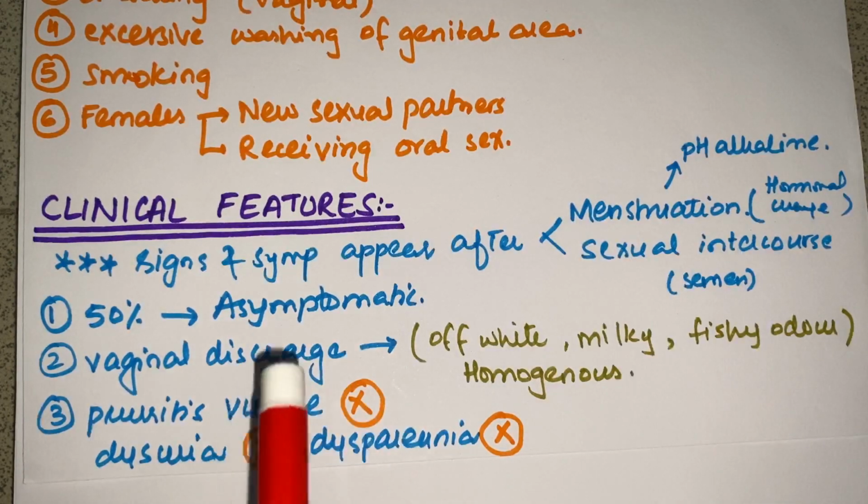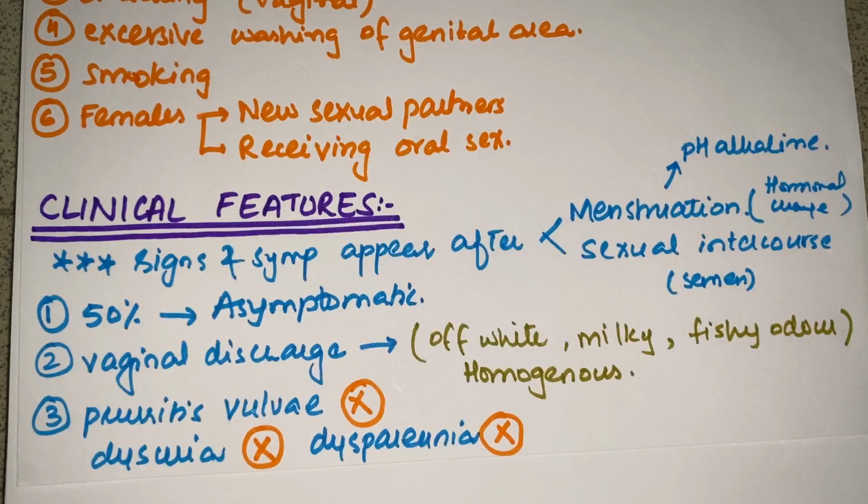And very important, how will we differentiate this disease from trichomoniasis? If you remember, in trichomoniasis there was also discharge present, but what was that discharge? You should remember, I have repeated it in the previous video. It is yellowish green or brown in color, frothy, mucopurulent discharge. But here it is different. In that there was pruritus of the vulva and vagina, no pruritus here. There was dysuria and dyspareunia, no such problems are seen in bacterial vaginosis.